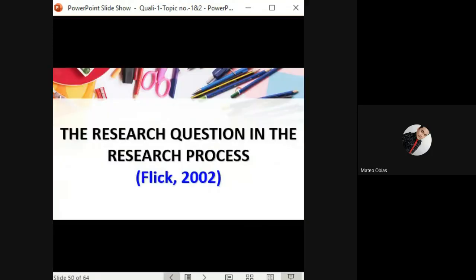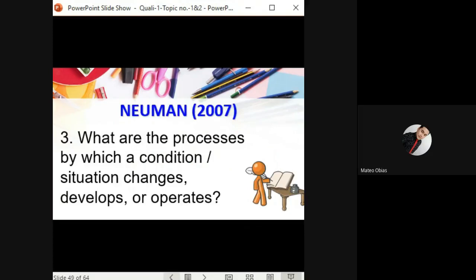Ano naman mga pwede natin itanong doon? Number one, what are the root causes of lack of self-confidence in adolescents? That's very basic. Kasi yun naman ang nasa specific topic natin. And D, what kind of behavior do adolescents who lack self-confidence manifest? Ano nga ba yung mga pinapakita ng mga estudyante na mababa ang self-confidence?